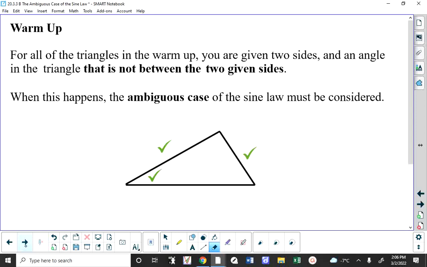When this happens, we have to consider the ambiguous case of the sine law. Okay? So that's just an identification of when it happens. That's not an explanation of what we're even talking about. What does ambiguous mean? Well,